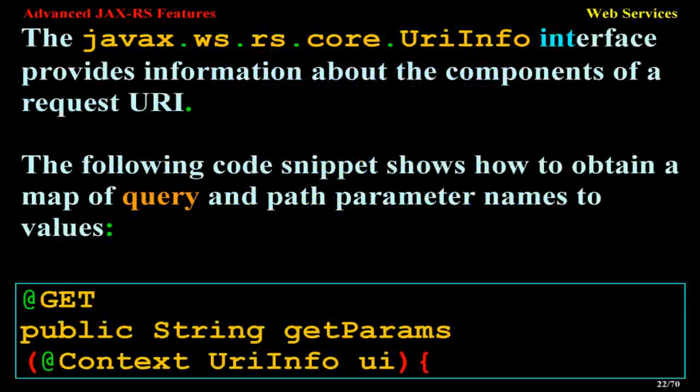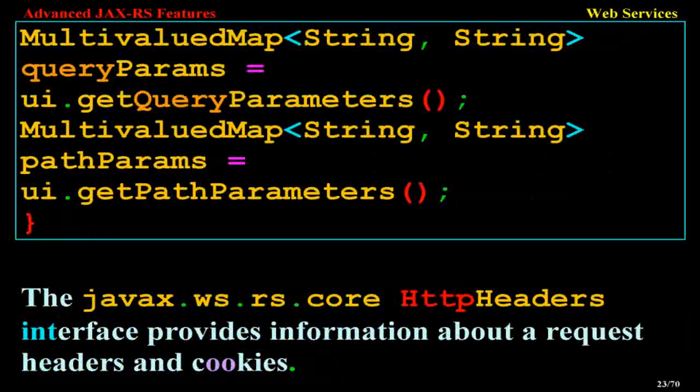The following code snippet shows how to obtain a map of query and path parameter names to values. public String getParams(@Context UriInfo ui) { MultivaluedMap<String, String> queryParams = ui.getQueryParameters(); MultivaluedMap<String, String> pathParams = ui.getPathParameters(); }